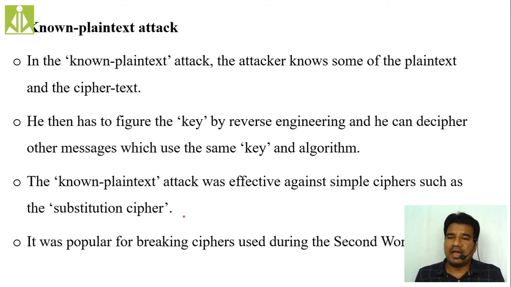Now, having all these things, he will look at how the algorithm converted the plain text to ciphertext. He will check the patterns and try to gain knowledge about the key. Simply by performing reverse engineering from plain text to ciphertext, seeing how things happened and what plays the role of mediator there, that is the key, he will try to get knowledge about that key. Once he gets the knowledge about the key, he can decrypt all the ciphertexts and get the plain text of all of them.